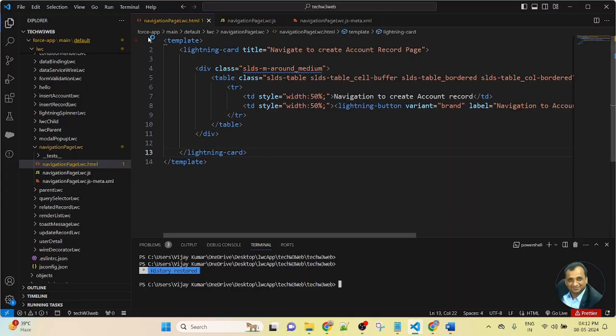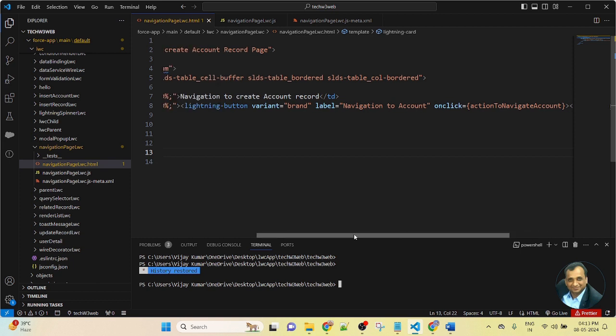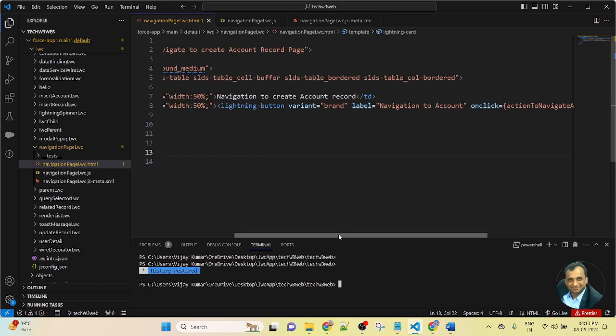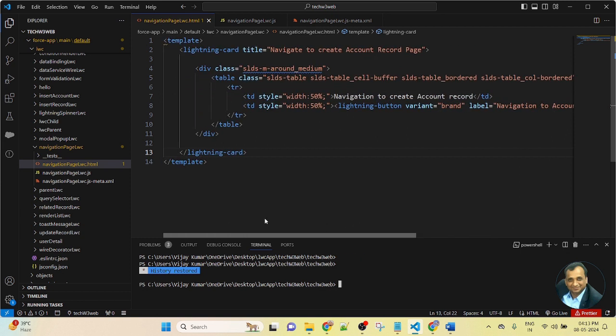Here you can see that in the previous lesson I created a button named navigation to account. In the previous lesson I navigated to create a new account in LWC. In this lesson, we will learn how to navigate to the account list view.